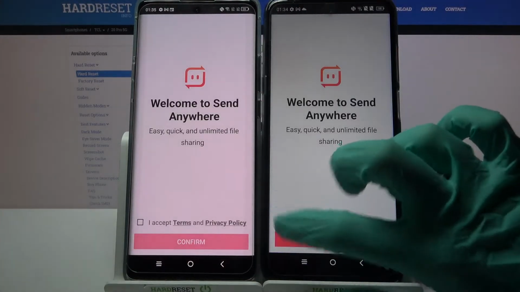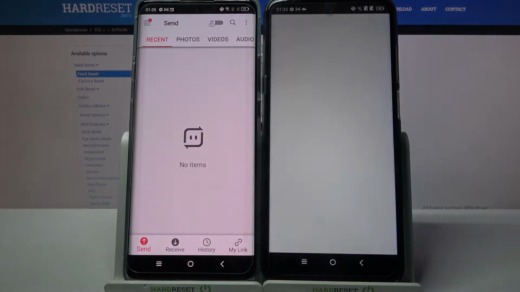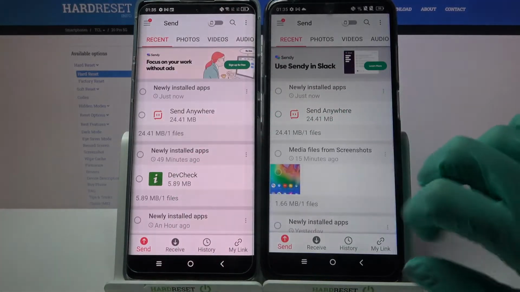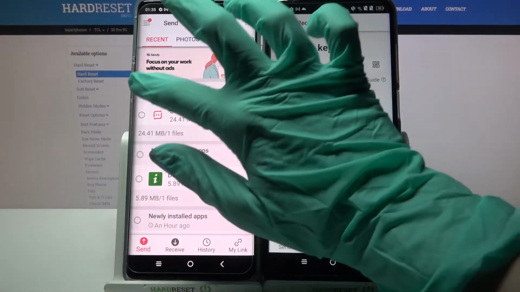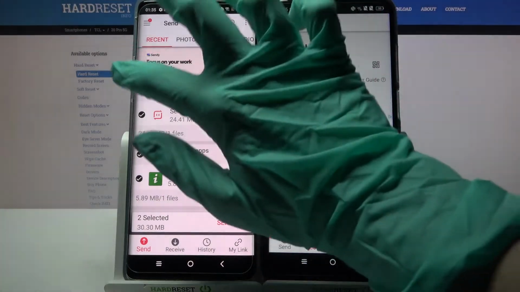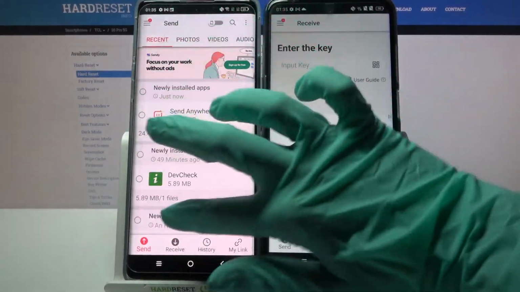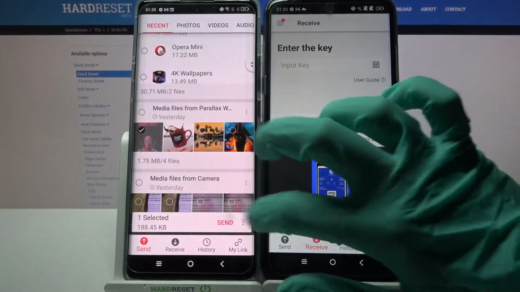Now choose I accept, confirm, continue and allow. After that, you need to select Send on TCL and Receive on an Android. Then click on all of those kind of dots and choose Send in order to send all of your files. It will take some time though, so I will go with only this one photo, choose Send and tap Got